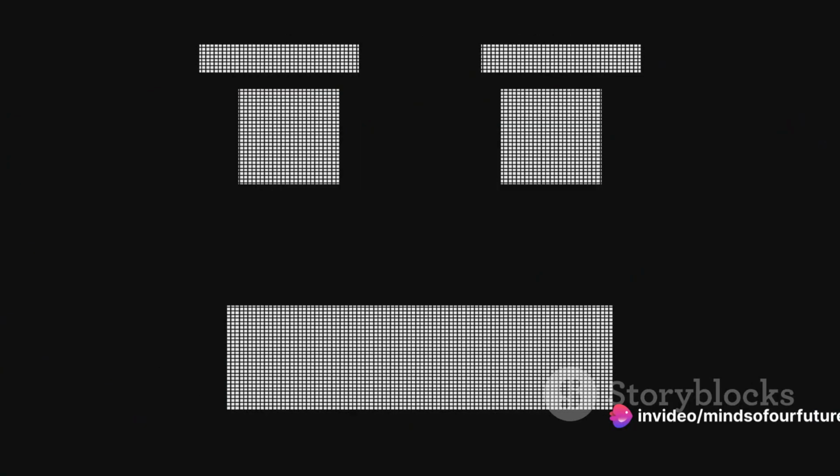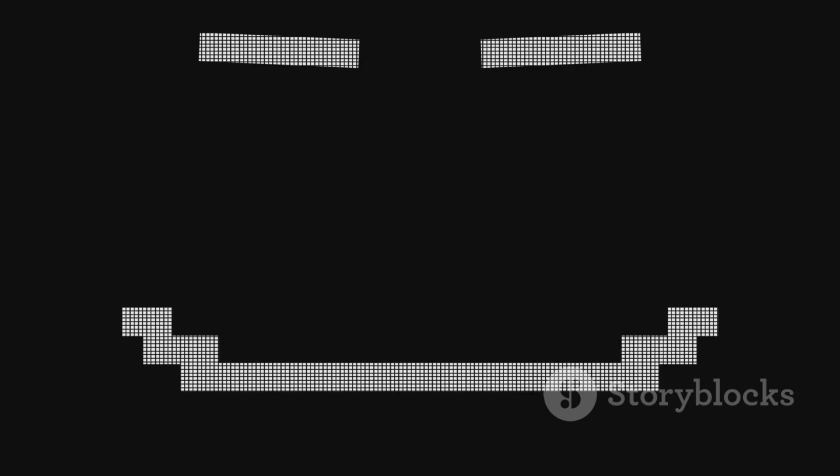Speaking of perfection, it's time to look at facial features. Real people have asymmetrical faces, but AI-generated faces can often be too symmetrical. Also, look for inconsistencies in the details. The eyes might be slightly misaligned or the ears might not match. Even the teeth can be a giveaway. In real life, every tooth is unique, but AI often makes them unnaturally uniform.